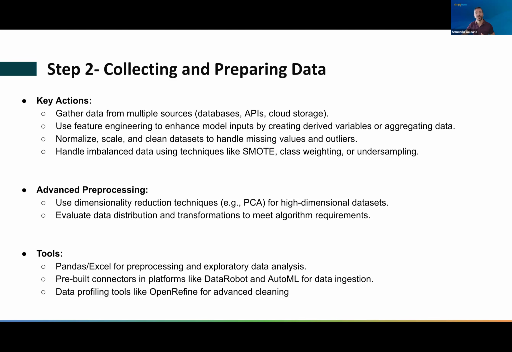Now, there's also advanced preprocessing, like reducing the dimensionality. Think of a dimension as a variable, okay? If you have a table that has a lot of variables, think of every variable as a dimension. Sometimes you have data sets that are huge, that have hundreds or thousands of variables. In order to improve performance and require less compute, you may want to reduce the number of variables. That's the reason why we have some advanced preprocessing techniques like dimensionality reduction, okay? And by the way, PCA, t-SNE, embeddings, there are tons of different techniques.